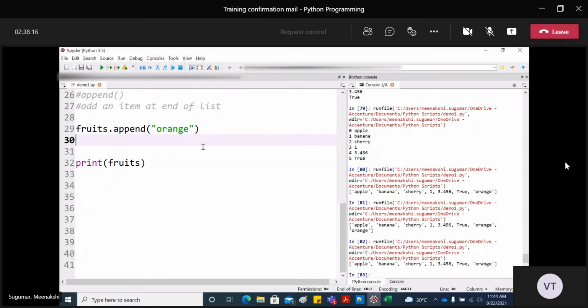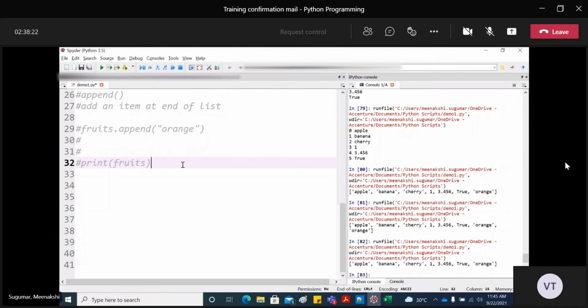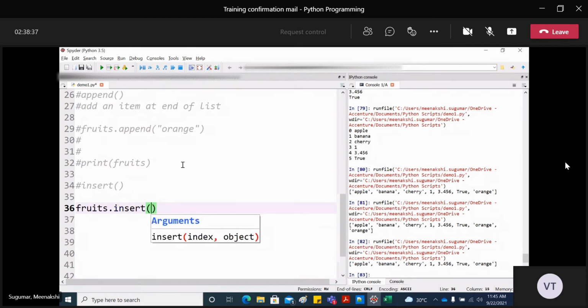Okay, now I don't want to add it at the end. I want to insert a new item at a specific index. In that case, you can use the insert method. So to the same list, you'll just give fruits dot the method name insert. Within brackets, can you see there are 2 things? One is the index at which you are going to add, and the other is the item that you want to add. Let's say I want to add it at the first index number, and I want to add the fruit name